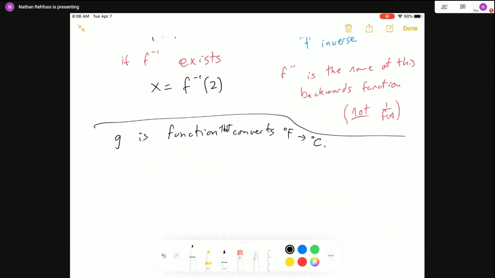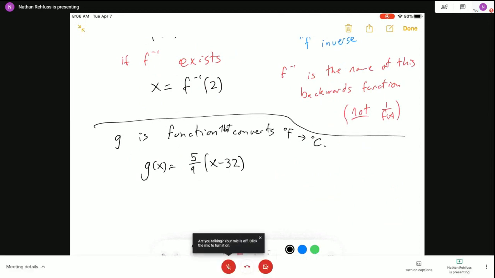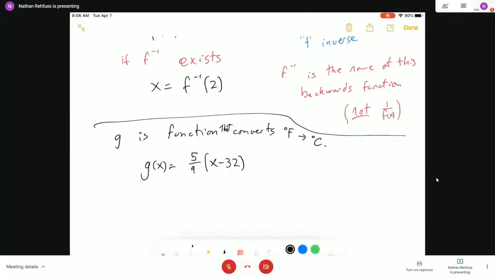And if that's the function that g is, then I actually do know the algorithm for g. It turns out that I would write g of x equals 5/9 of x minus 32. To go from Fahrenheit to Celsius, first you have to subtract 32, and then you have to multiply by 5/9,